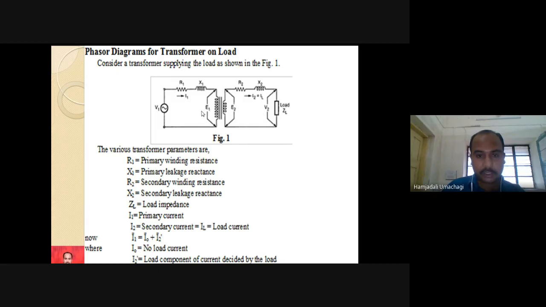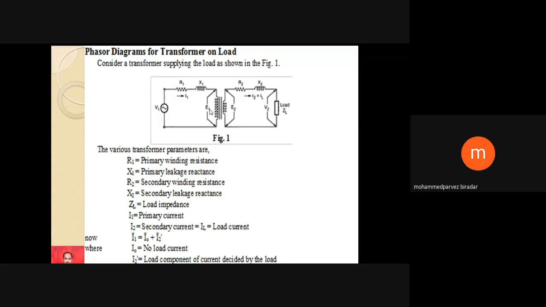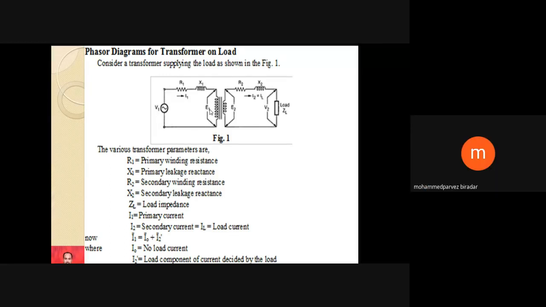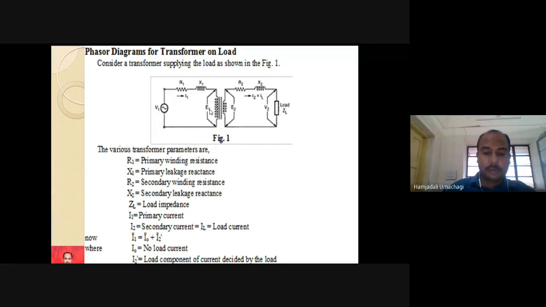I0 is nothing but the vector sum of IM and IC. So what is the value of IM? Yesterday we have seen it in terms of I0. The value of IM in terms of no load current I0 is I0 sin phi. So IM is equal to I0 sin phi. What about IC? I0 cos phi. That you have to remember often because that is important while solving problems. So the downward current, the no load current I0, is the vector sum of IM and IC.